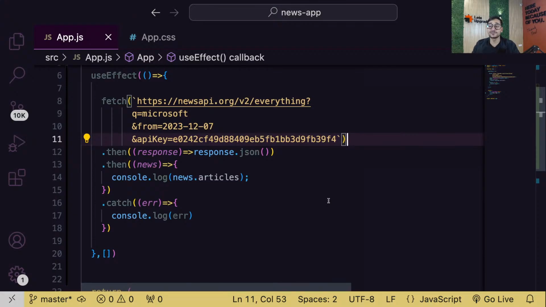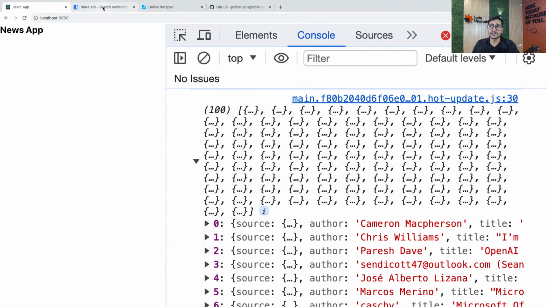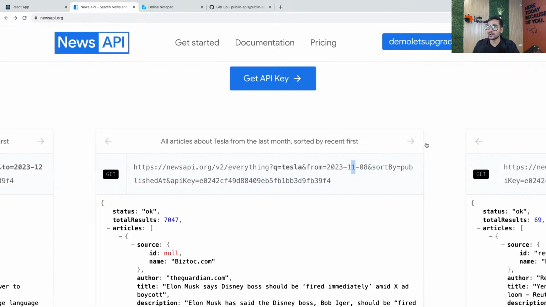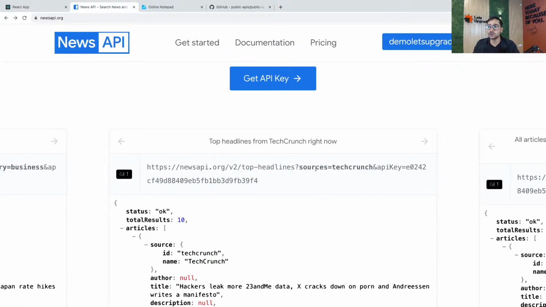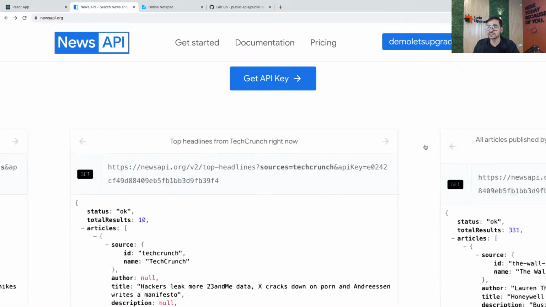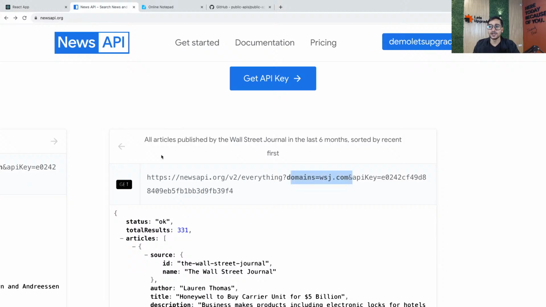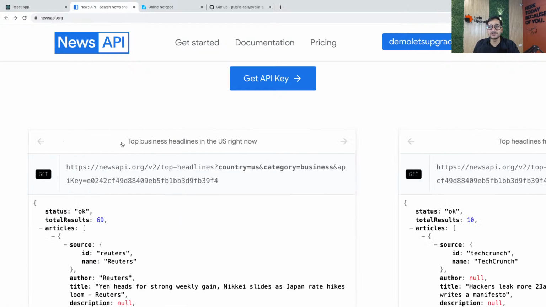Okay, so these are the three variables, but guys, read their documentation properly. There are many more things that you can pass. See, you can also pass country equals US. So you can also fetch news related to a particular country, US or India. So they are saying that you can pass these things. Category equals business. So from US country, get all the business news. So they are showing how many different kinds of variables you can pass here. See, you can also pass sources for different sources. You can also pass domains.